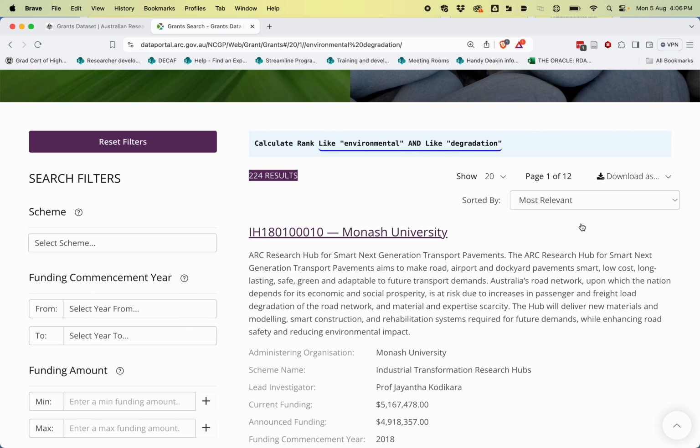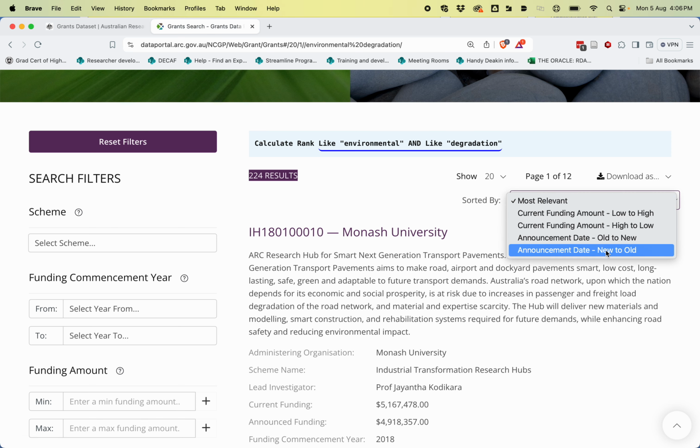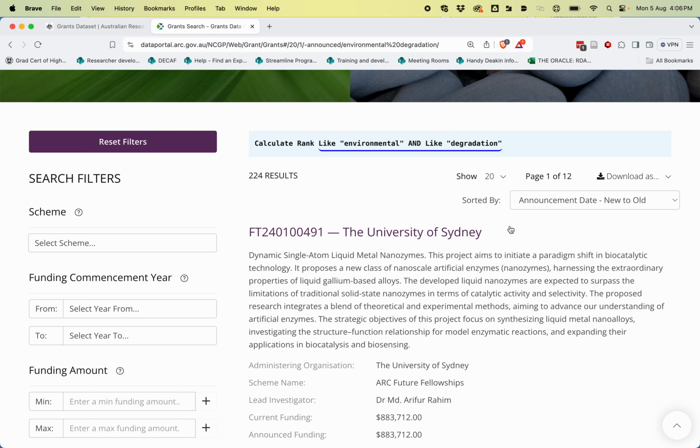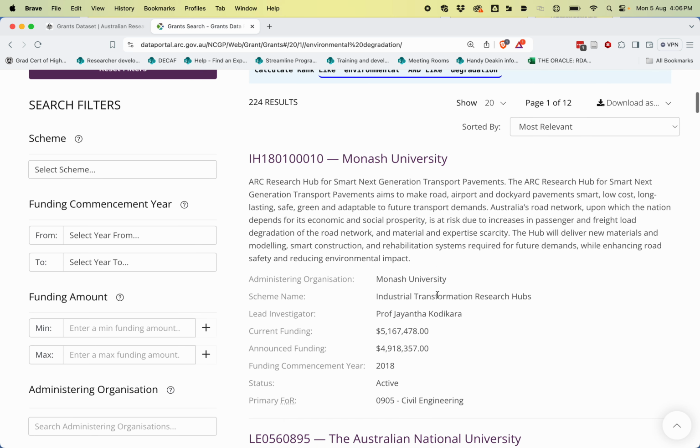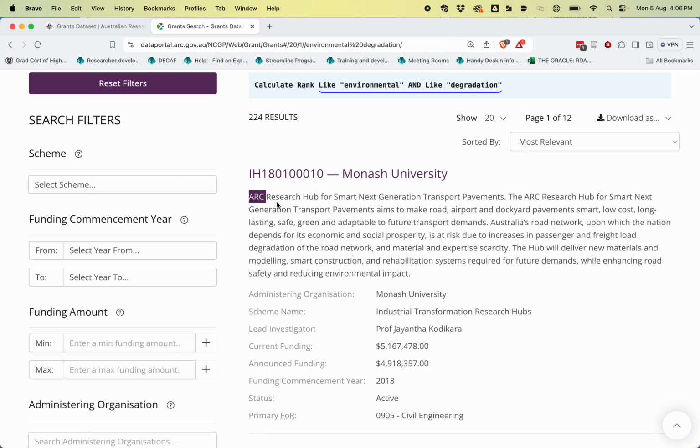Each of those results, you can show the results. Who's the most recent future fellowship? Those have just been announced, or you can try and get it to give you a relevant search. Each of the results are basically the same. The first sentence is the title. Then it gives you a quick summary. You can scan that to see if you're interested in it. It tells you who is running the grant, what the scheme was, who's the lead person, how much money they've got, when it started, whether it's still going or whether it's closed, and what is the primary field of research code